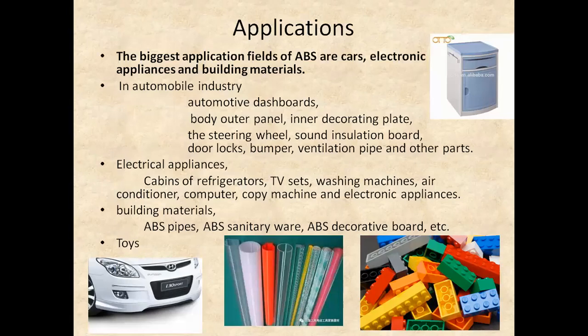In the automobile industry: dashboards, body outer panels, inner decorating plates, steering wheels, sound insulation boards. Electrical appliances: refrigerators, TV sets, washing machines, air conditioners, computers and copy machines, and all the cabinets can be made of this ABS, and molding blocks, that is toys. These are different applications of this acrylonitrile, butadiene, styrene copolymer. That is all about